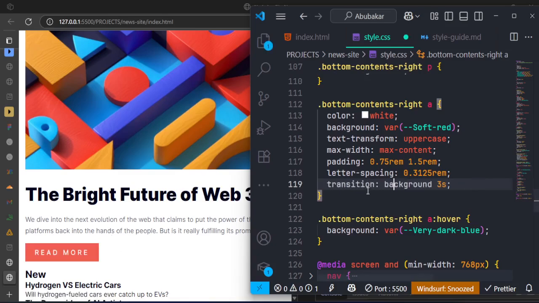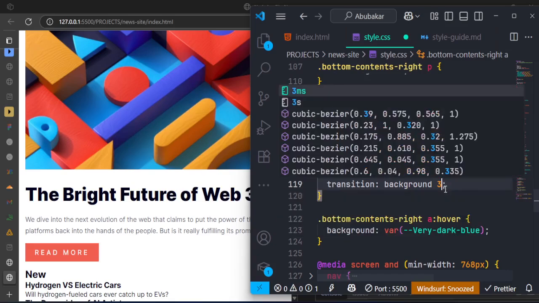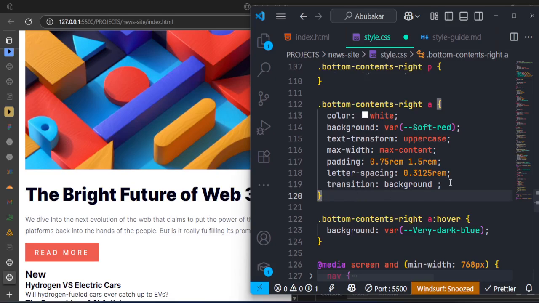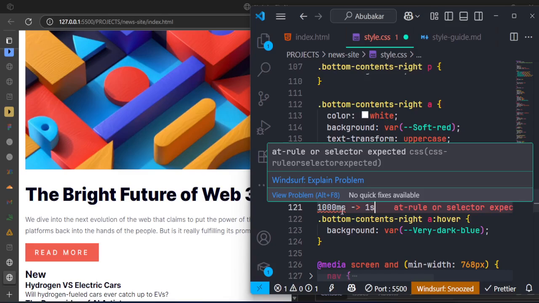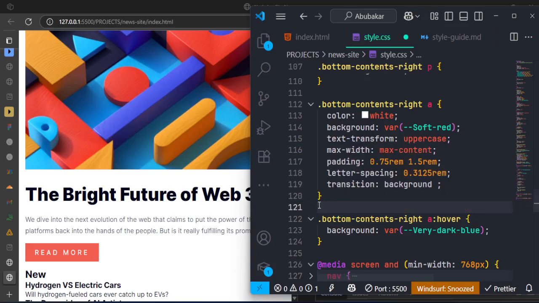But with this one now, anytime my background is changing, it's going to take 3 seconds. Or you can use 300 milliseconds like that. So what is seconds? What is milliseconds? Because this thing is based on milliseconds by default. So 1000 milliseconds is the same thing as 1 second. So like that, 1 second is the same thing as 1000 milliseconds, because this thing is based on